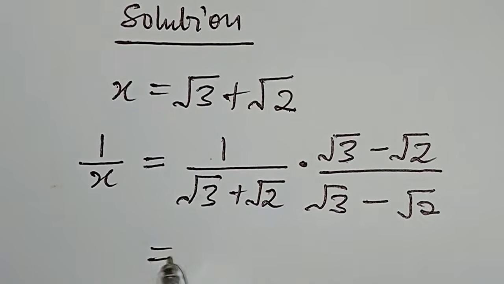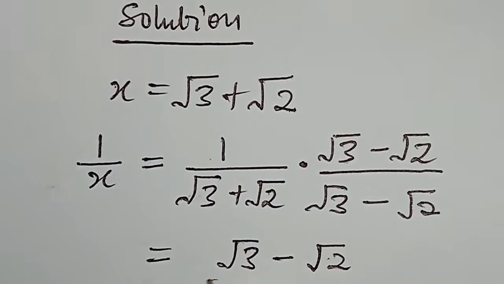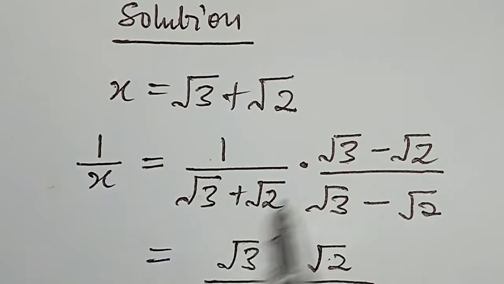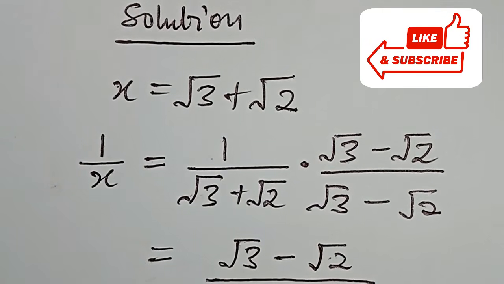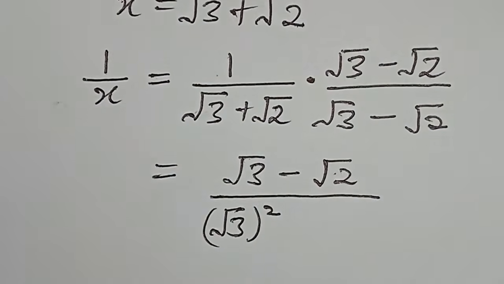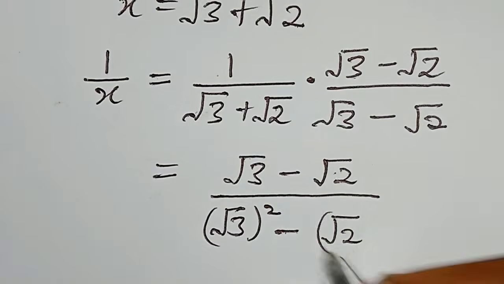So this can now be written as square root 3 minus square root 2 over, this appears to be in the form of difference of 2 squares. So we can write that as square root 3 in bracket to the power of 2 minus square root